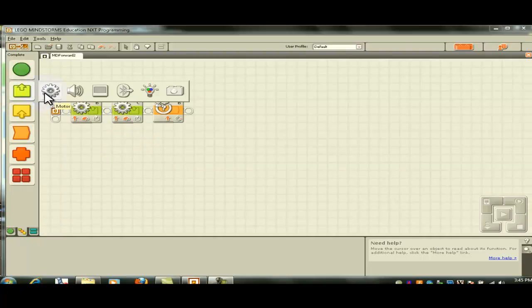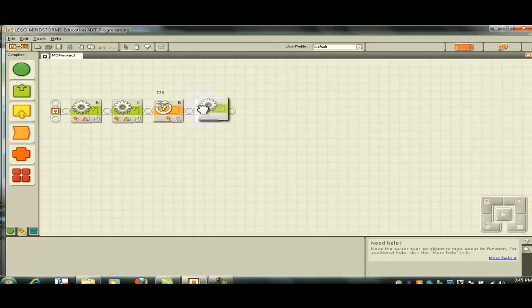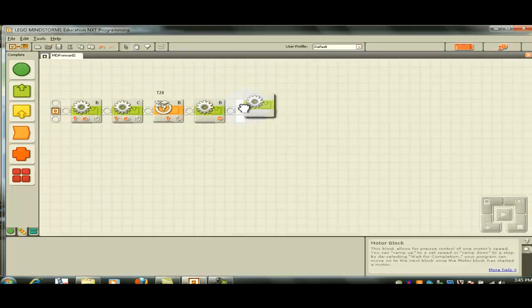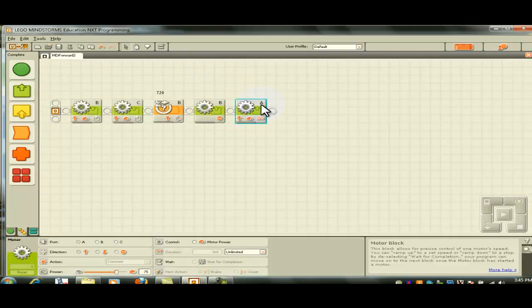Go to the Action palette and add a motor block. This will represent motor block B. It says A right now, so we need to select port B. What do we want that motor block to do? We want it to stop right after the 720 degrees is done. Let's go back to the Action palette again. Drag another motor block onto the sequence. We want motor block C to stop, so we need to change this from A to C, and